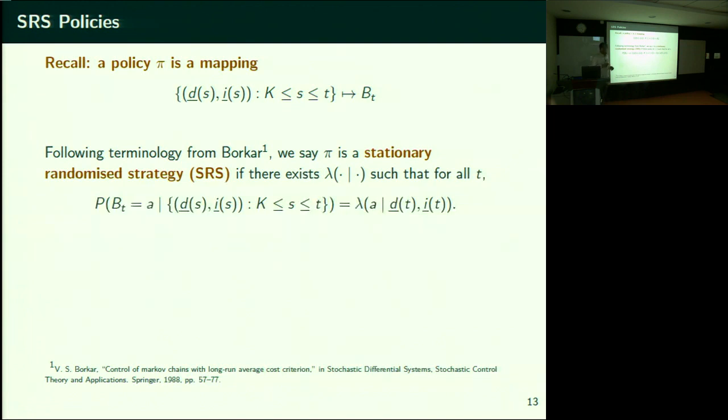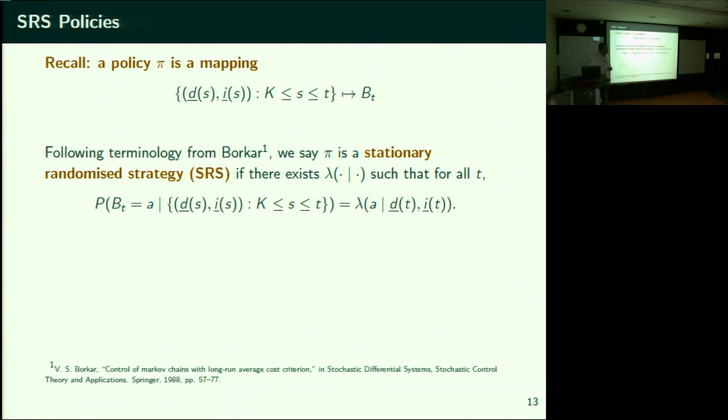So what is the question? What is Markovian? Do you need to remember the evolution of BT? I could potentially select arm BT based on whatever I have selected in the past as well. But what I'm saying is, if it is a stationary randomized strategy, an SRS policy of a particular type, then it selects arm BT only based on the previous delays.